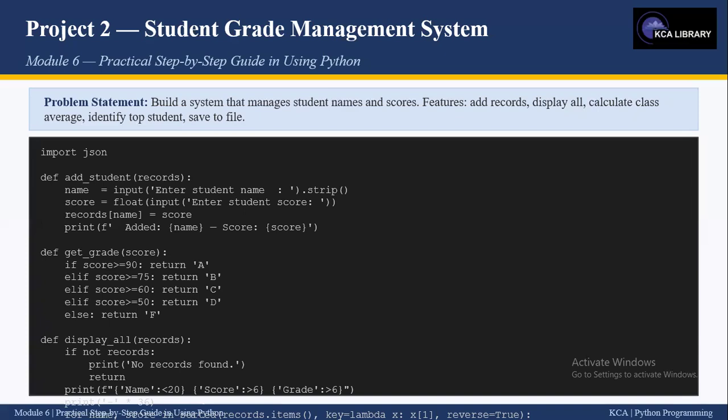import json. def add_student_record(): name = input('Enter student name: ').strip() score = float(input('Enter student score: ')) records[name] = score print(f'Added: {name} - score = {score}')